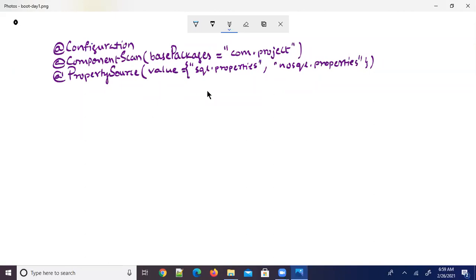If you are writing an annotation with only one element, and that element name is value, then you can omit the element name. You can avoid writing that element name, which means I need not write this value equals.